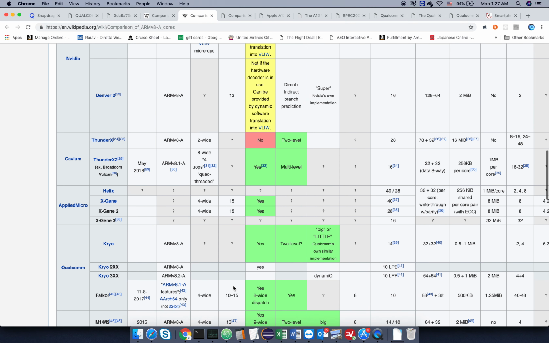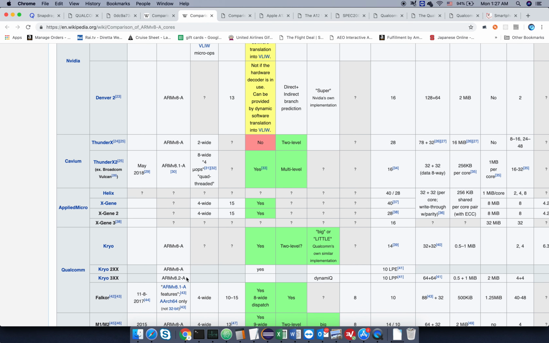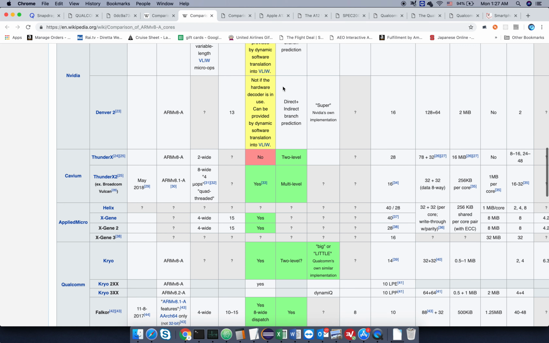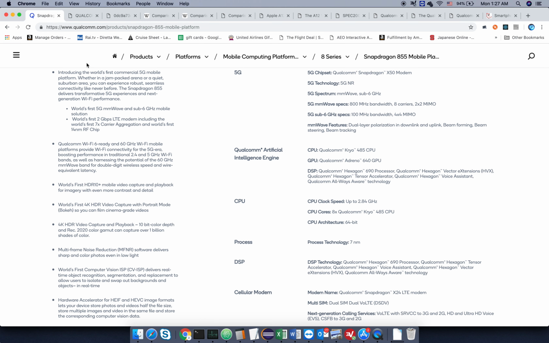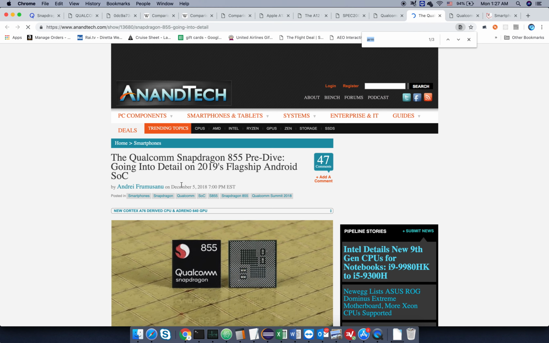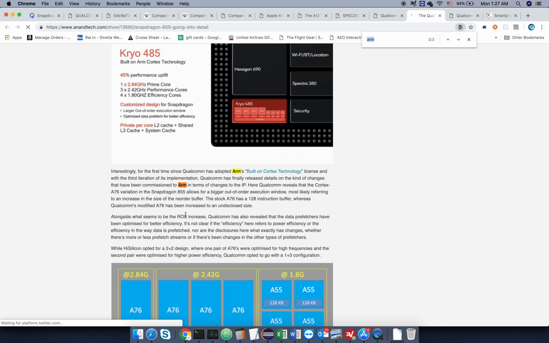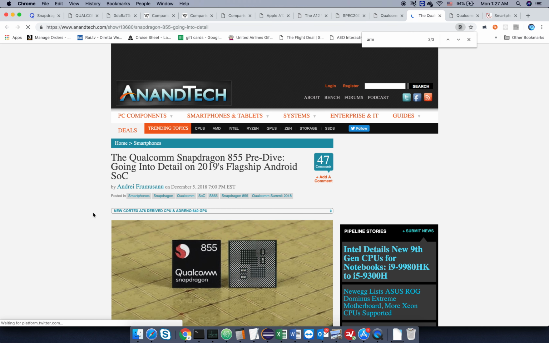But now if you go to Qualcomm, this one doesn't actually say much here, but if you look at their own thing, they said something about... So if you look at, what the hell?